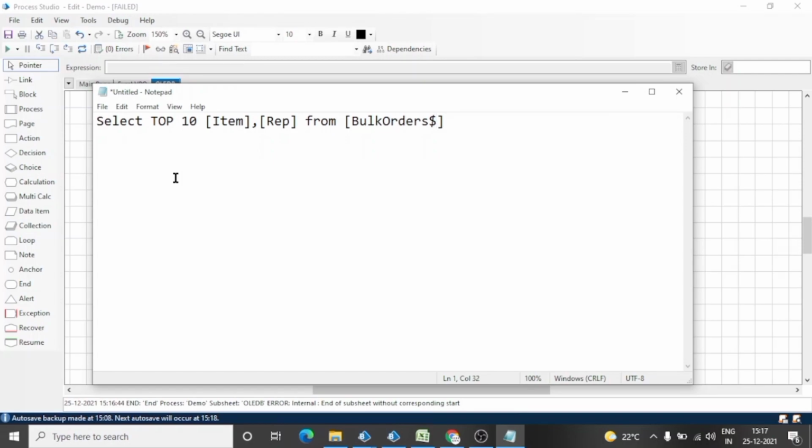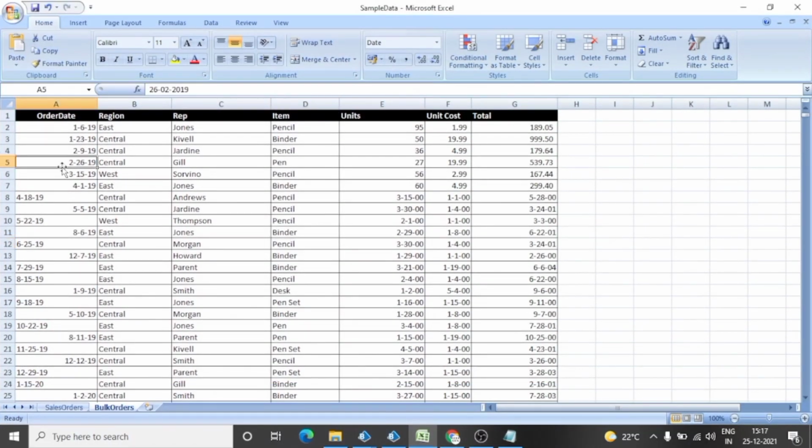Now one more thing is this dollar sign. I will come to this later, but see, now I want to fetch the data of a particular range. If you are aware of a range in Excel, like this is our range. This starts at A11 and ends at G18. I want only this data, meaning these rows and columns.